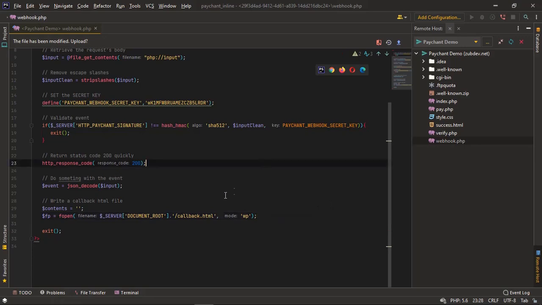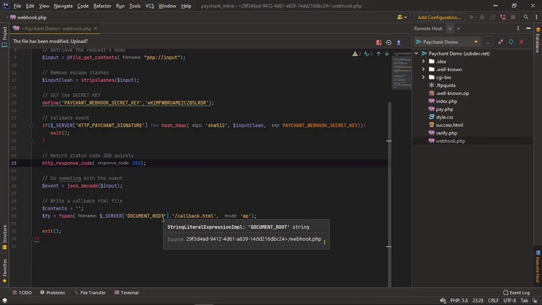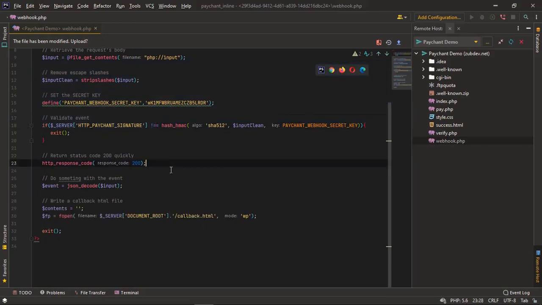Okay, so this should write a sample callback HTML file into our document root, where we can actually see what Paychant is sending to us as a response of the webhook. The webhook is an event, so it's going to decode this input that is coming from PHP input. Then the next thing we have to do is write it into a file named callback.html and actually view it on a blank page